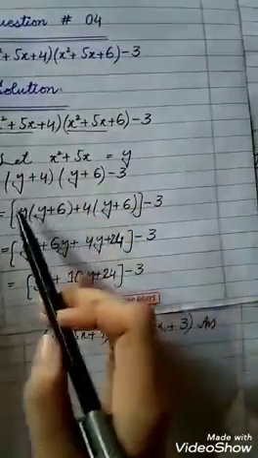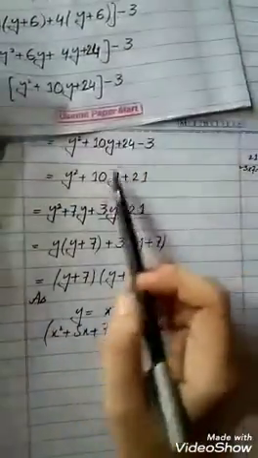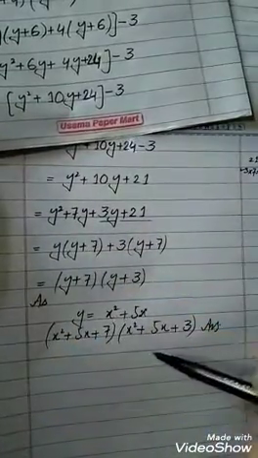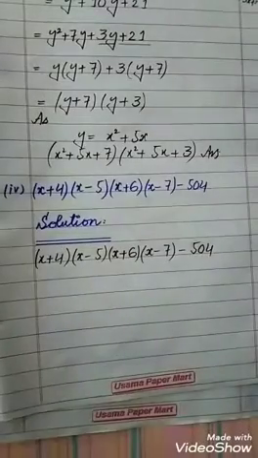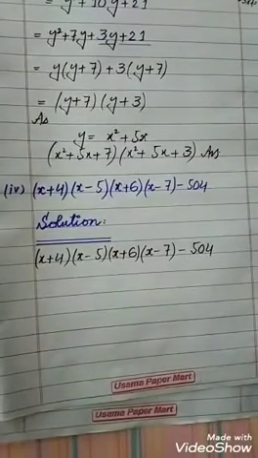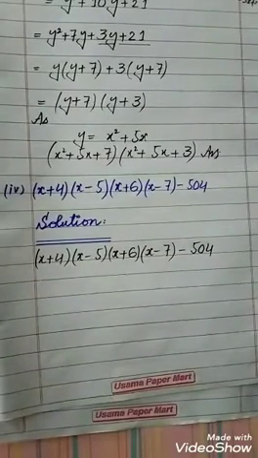Students, it's very easy, we just have to convert into y and open the multiplication. After multiplication we get this term and factorize. Now we have found the factors. Now move towards part 2. Students, part 1 I have solved for you, part 2 you can solve by yourself. It's the same method as part 1.